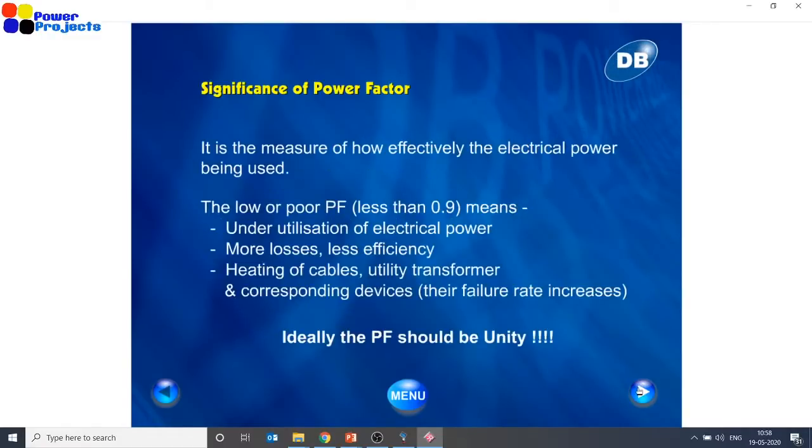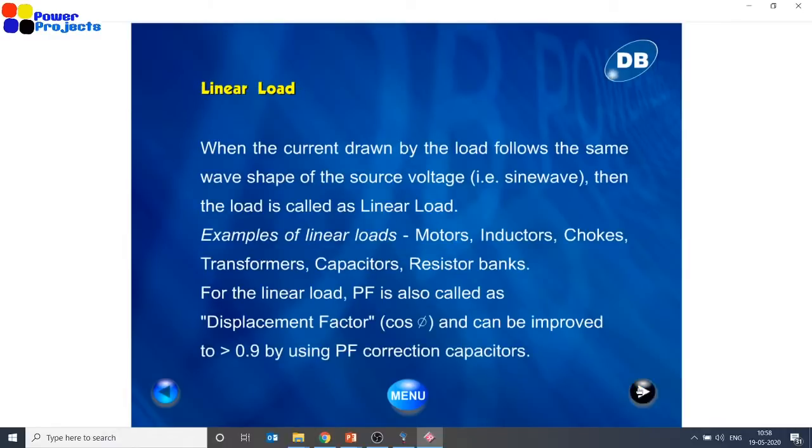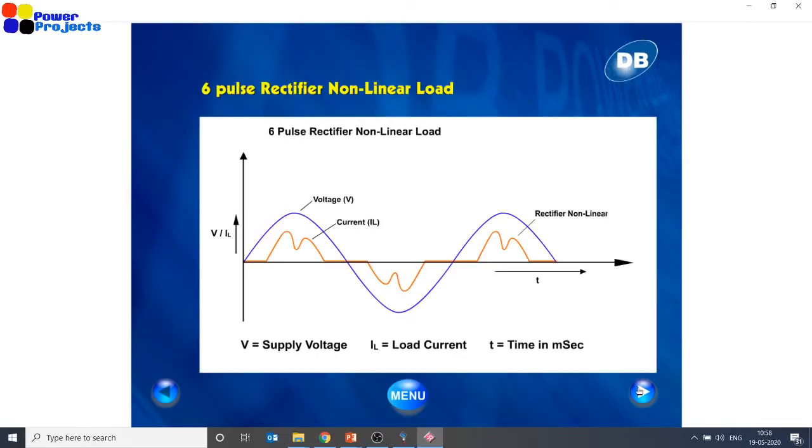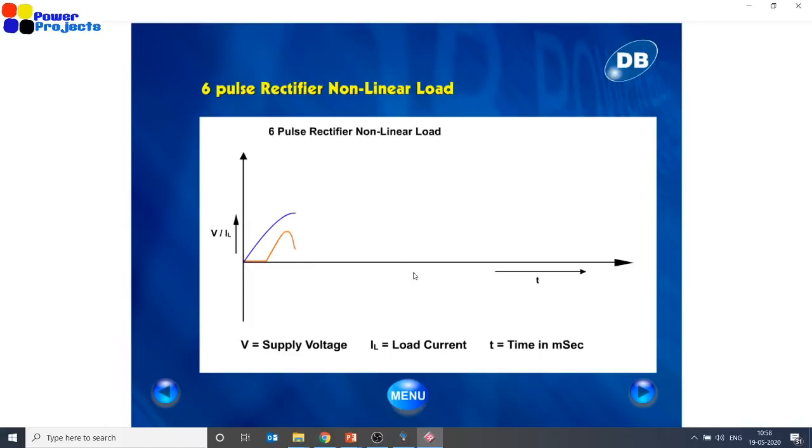Because of the wave shape, probably you have seen some non-linear loads. The wave shape is not purely sinusoidal, even if the applied voltage is purely sinusoidal. When the current is non-sinusoidal but periodic, it can be constructed as a summation of sinusoidals and cosinusoidals. That's what we call harmonics. So since harmonics are present, you cannot define the power factor as the cosine of the angle between voltage and current.